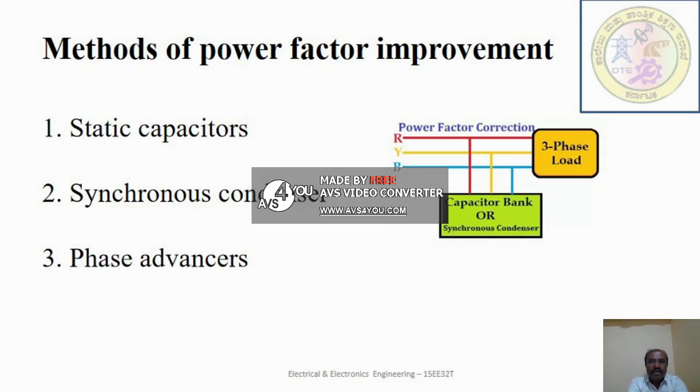What will it do? If there is a low power factor, there is a chance of motor failure. Low power factor means the current drawn by the motor equipment will increase. If huge current is drawn, there is a chance of motor failure, electric or electronic equipment failure. There may be overheating of transformers, switchgear, cabling, nuisance tripping of circuit breakers or fuses, unstable equipment operation, and high energy usage and cost. These are the effects of low power factor.